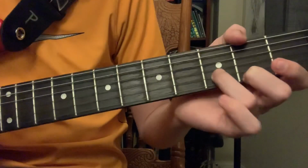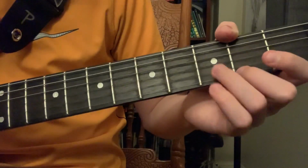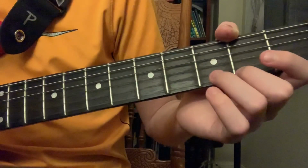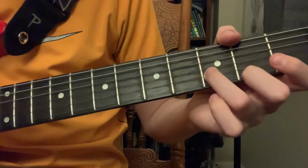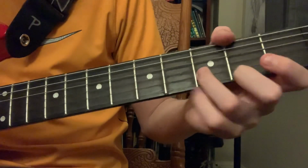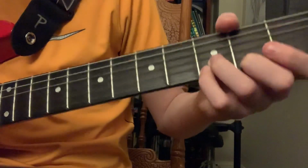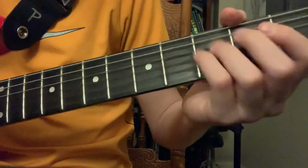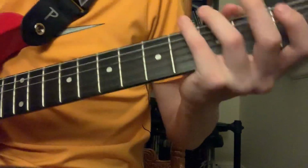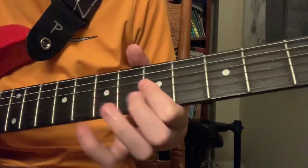It sounds better when you pull off with your pinky on that part. So what you're going to want to do is put your middle finger on the second fret of the E, put your ring finger on the third fret of the B, and put your pinky finger on the third fret of the E. And then you're going to want to do that entire thing again. So what you got all together is...